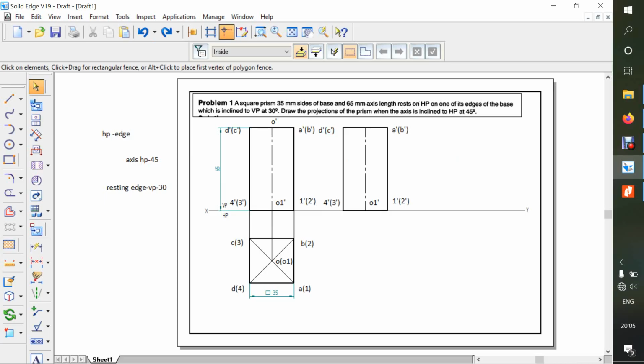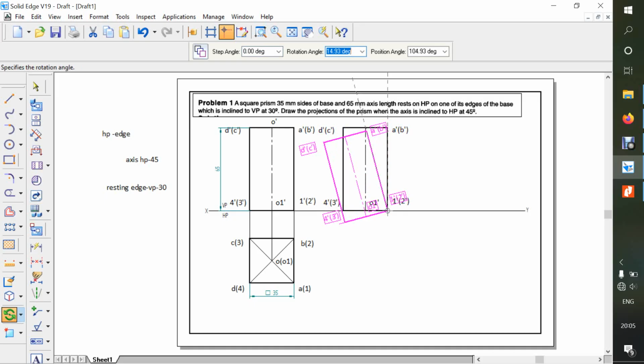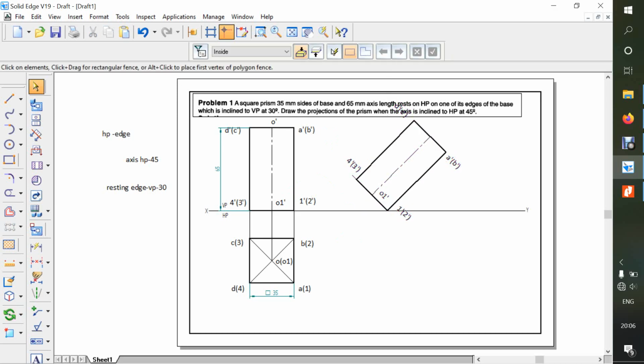We move this one here, select the whole square, go to the rotate command, copy off, and select first 1 to 2 as the reference, and A to B, the rotation angle is 45 degrees, press enter and just move like this.